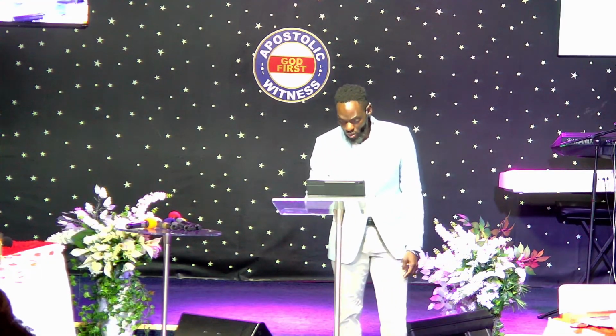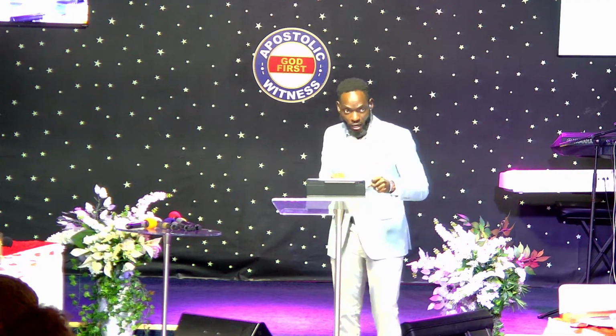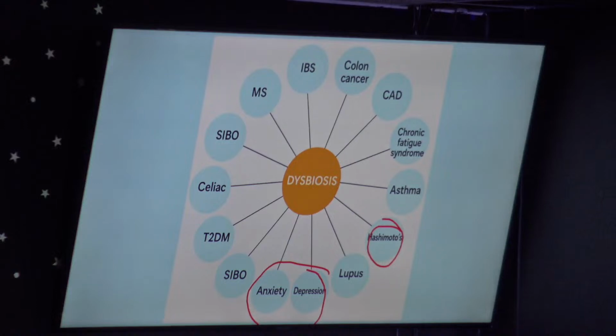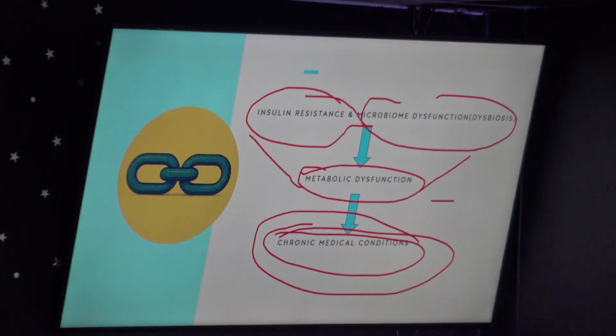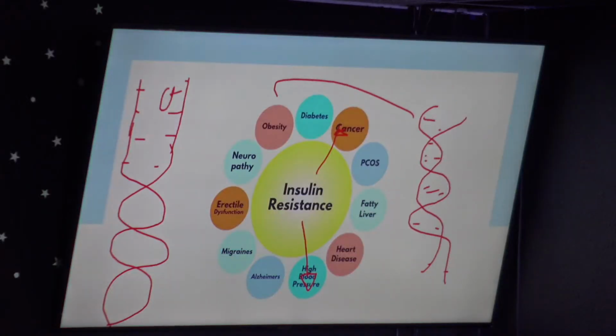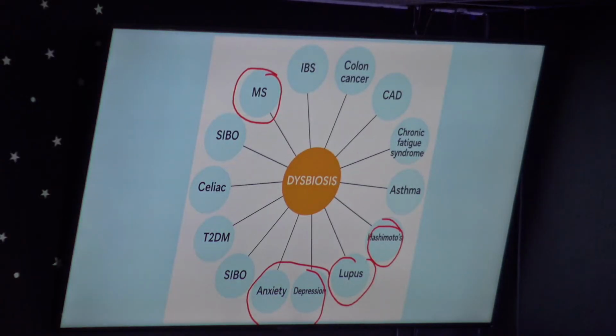all these other autoimmune diseases. Hashimoto is a trigger-happy immune system. Pow, pow, pow, pow, pow, shooting everything that looks or smells like a bacteria. Same thing as lupus. MS is an autoimmune disease. So those are how energy imbalances coming from metabolic issues, insulin resistance and microbiome dysfunction result in a slew of all of these diseases that we have.